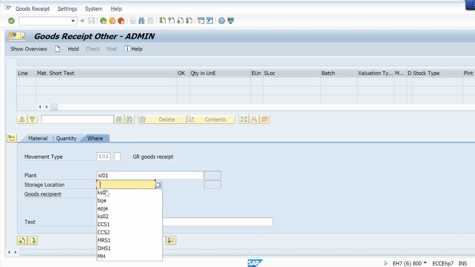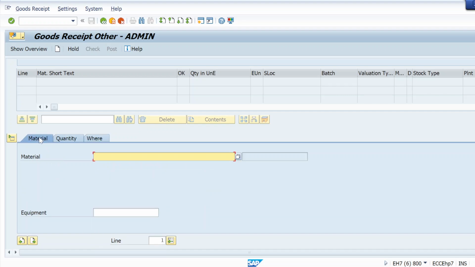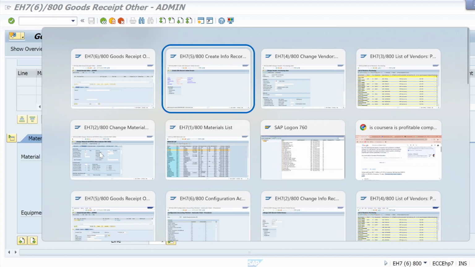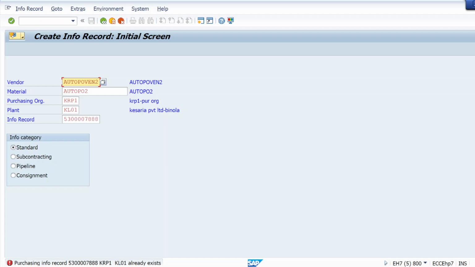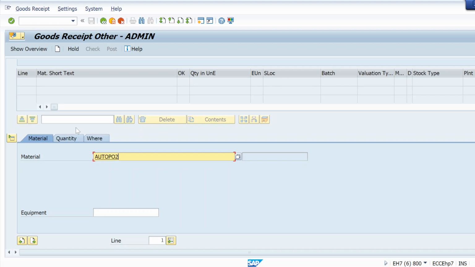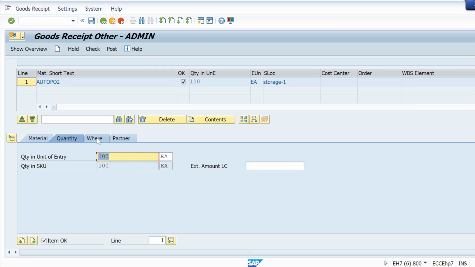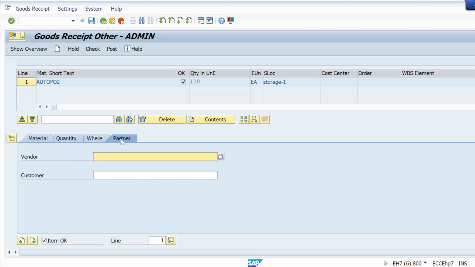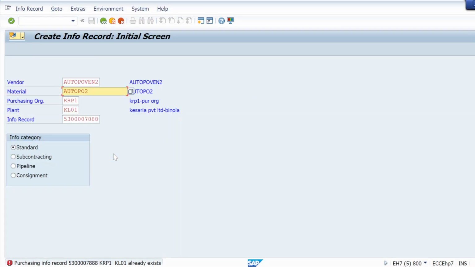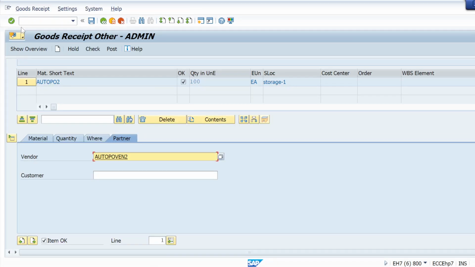But let me check. Material, let me give auto PO2. Check.